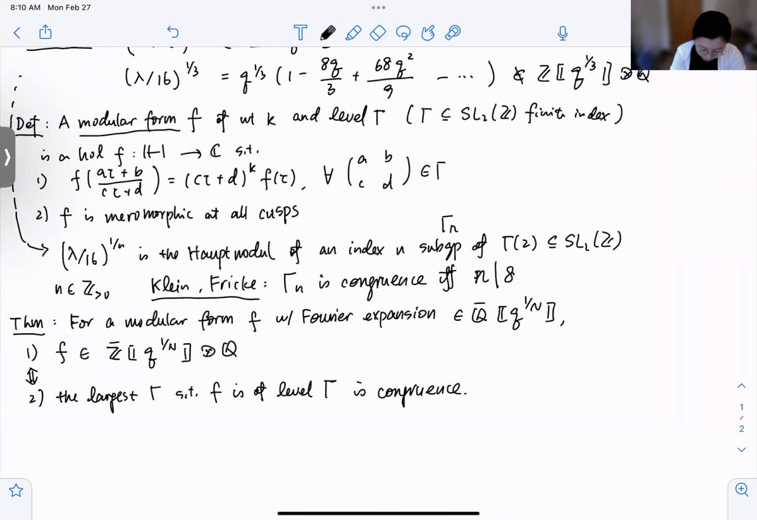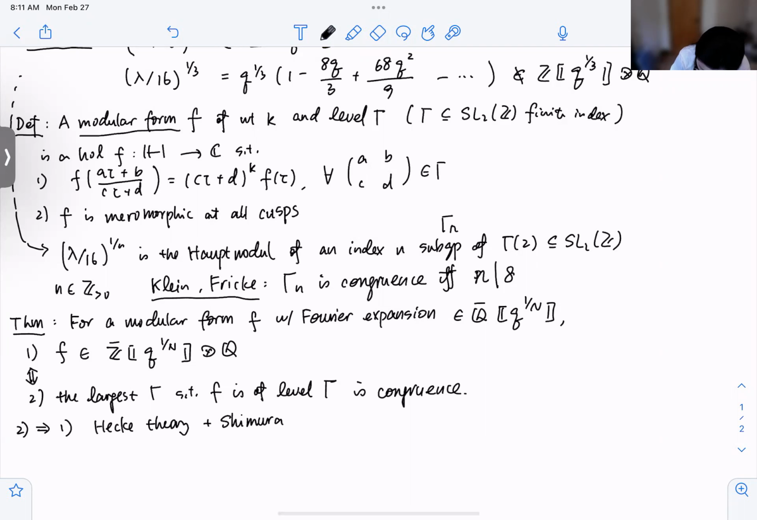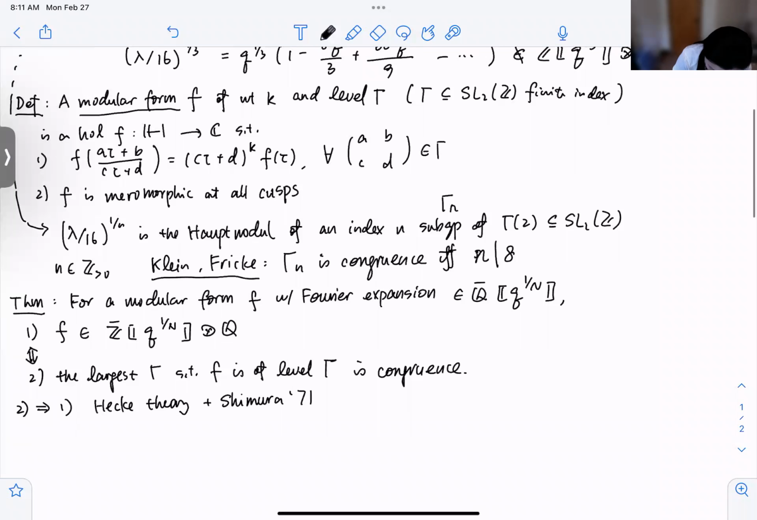Okay, so between these two directions, there's a classical direction, namely true implies 1, which you can start from Hecke theory, plus some additional argument from, for instance, Shimura's book, that once you decompose a modular form into a finite sum of Hecke eigenforms, then all the Hecke eigenforms would have Fourier coefficients that are algebraic integers. And then the relatively new direction